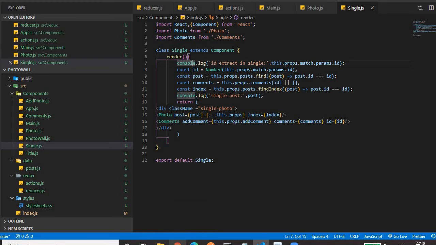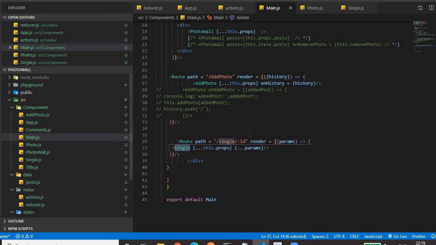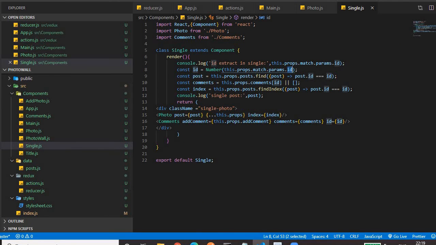The syntax is this.props.match.params.id. Why id? Because this is the placeholder. If it is XYZ, there it will also be XYZ, and we are providing the params as a prop. That's why we are retrieving it as this.props.match.params.id.